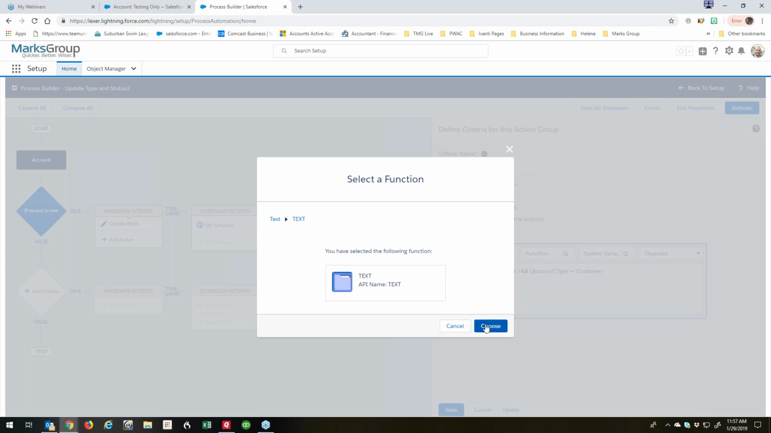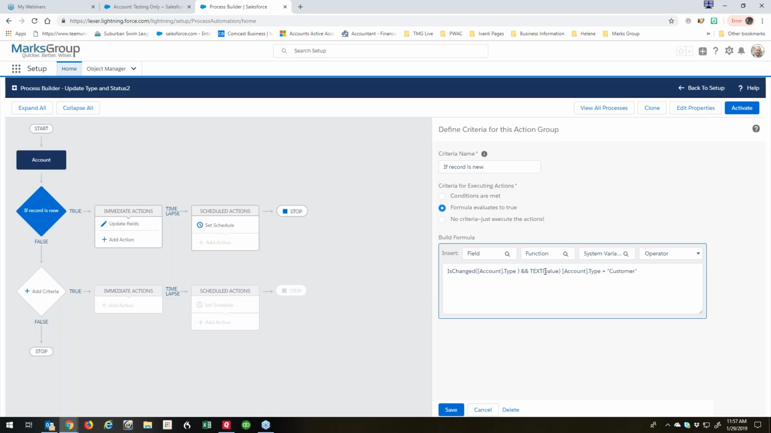Boom. Right, text value is what we're going to do. So we're going to say the text value of account type. We're getting a little bit more advanced, but what this is saying is, okay, if the text value of the